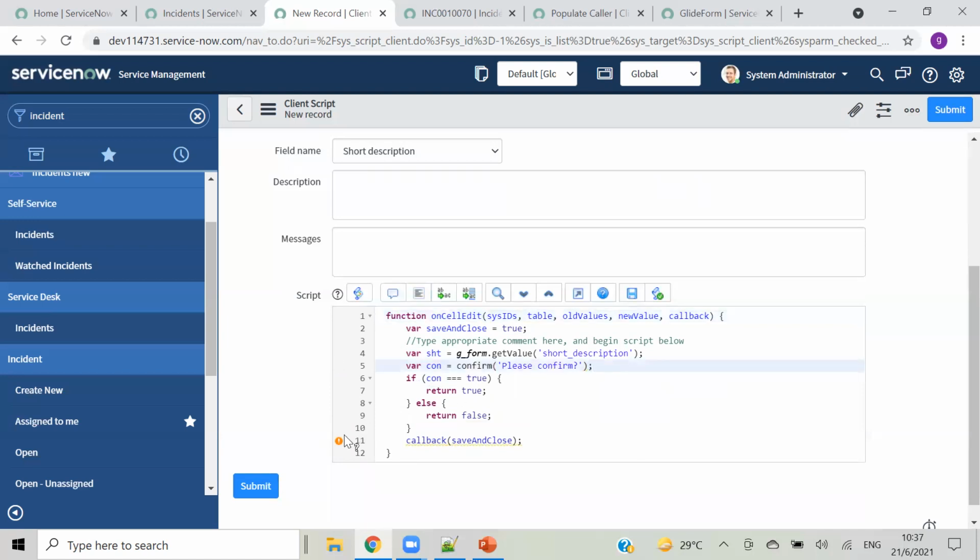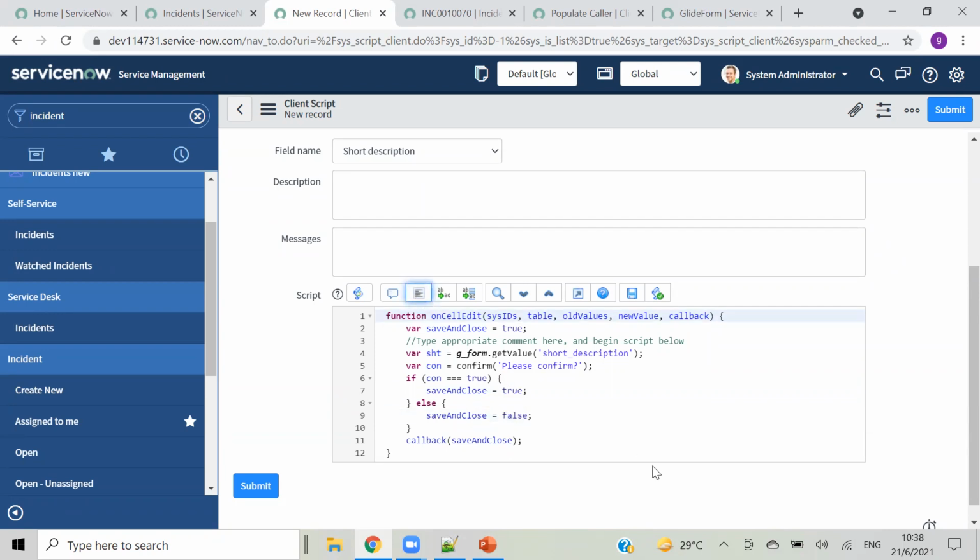This is the thing, and it shows unreachable. Okay, so I'm giving that thing here, instead of return, is equal to true, is equal to false.